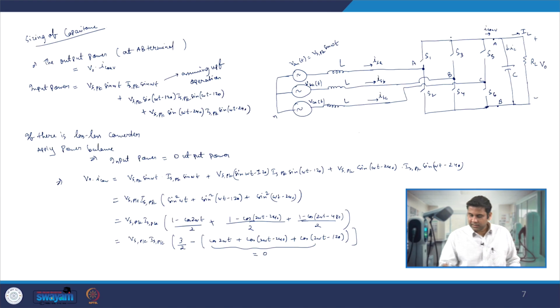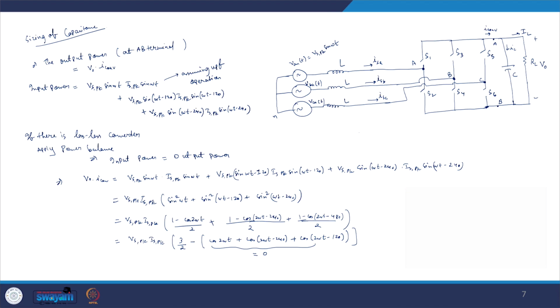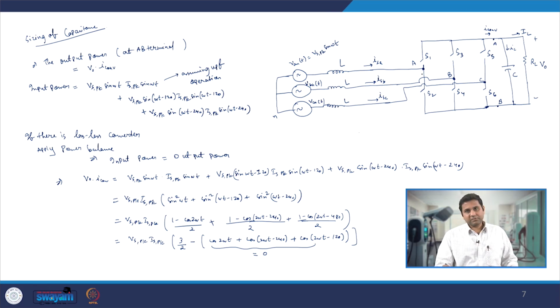If we look very carefully in this converter, this particular current has only the DC component, and there is no second line harmonic component, no third, no fourth, no lower order harmonic component in this I converter current, and only the high frequency currents will be there. Because in this derivation we have only taken the line frequency component of the current, and we know that during the operation along with the line fundamental frequency component we also have the high frequency voltage components. So that is when you will have high frequency current as well.